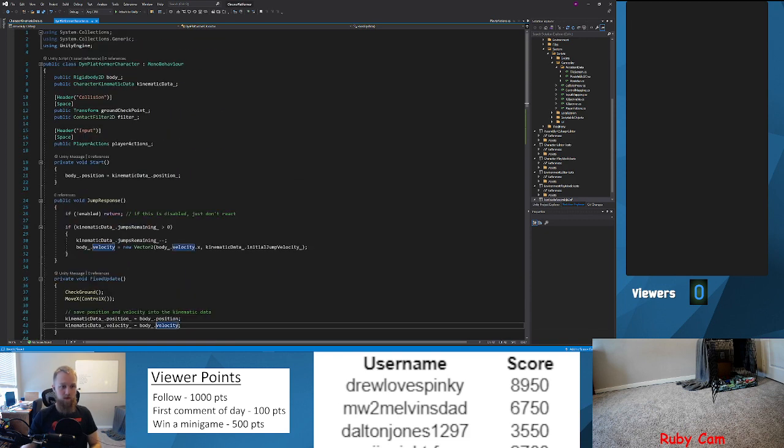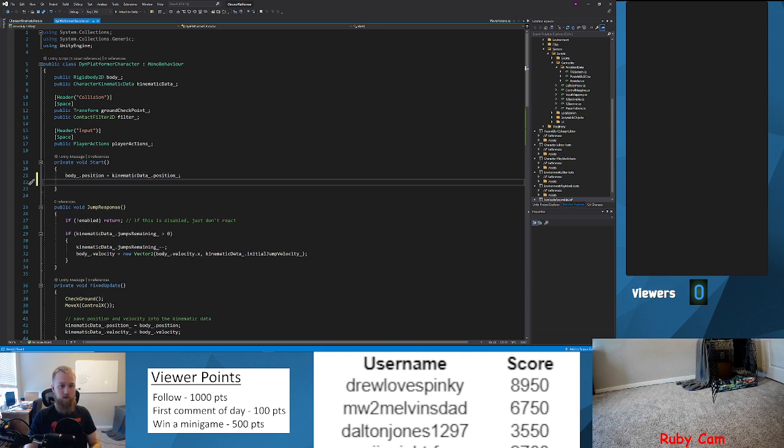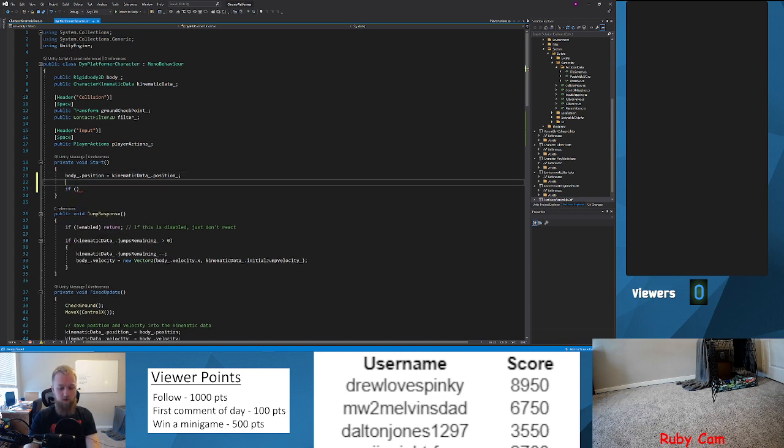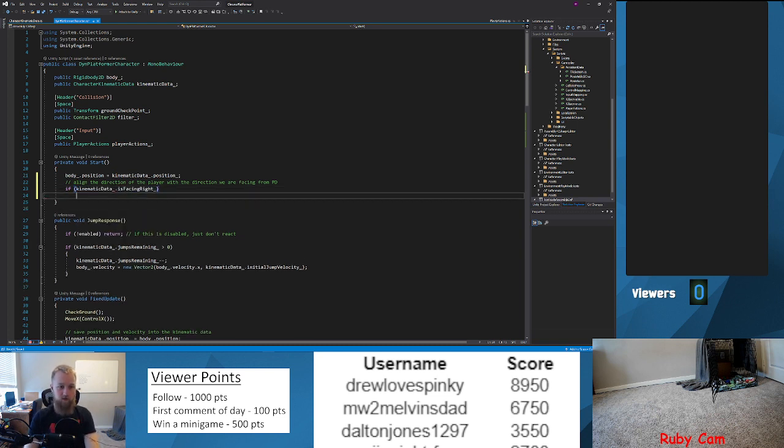So when we start this, we need to do something here. If this is going to be a note here, align the direction of the player with the kinematic, with the direction we are facing from persistent data. So if kinematic data is facing right,